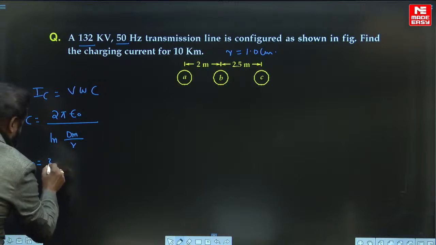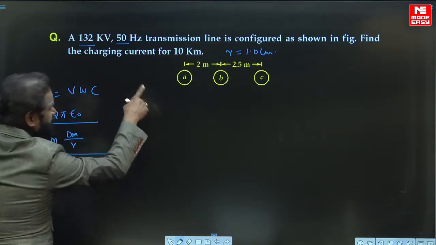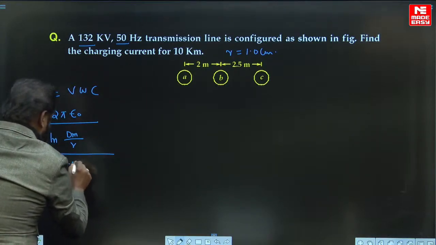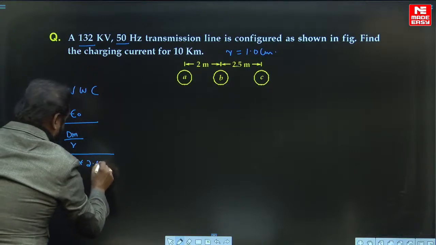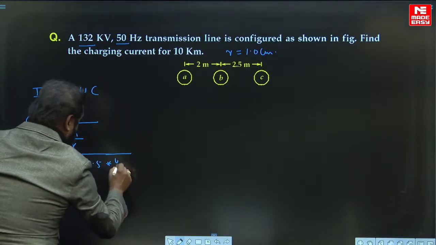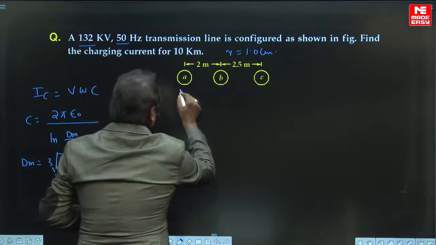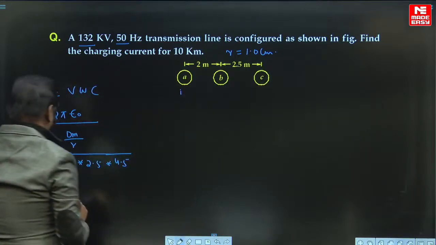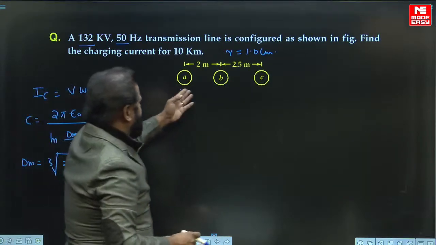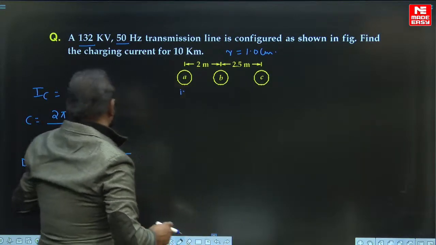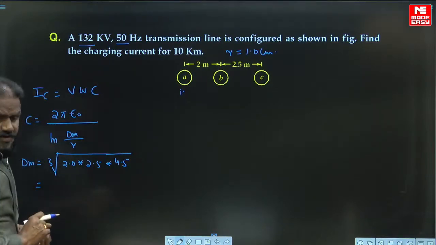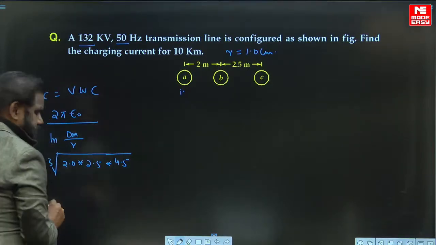Dm is equal to the cube root of one conductor to the other, 2 meters into 2.5 meters into 4.5. If I label them ABC, you can write it as DAB, DBC, DCA. So this is coming as